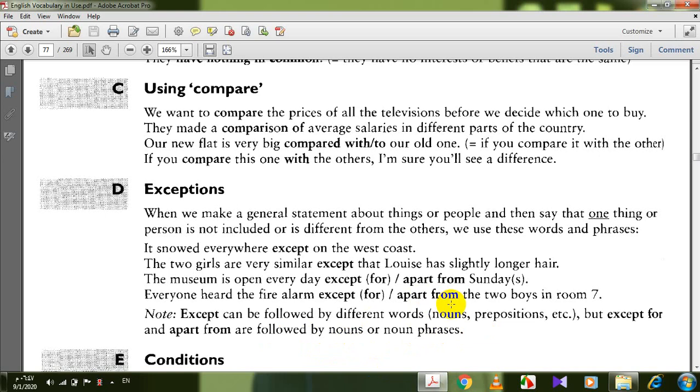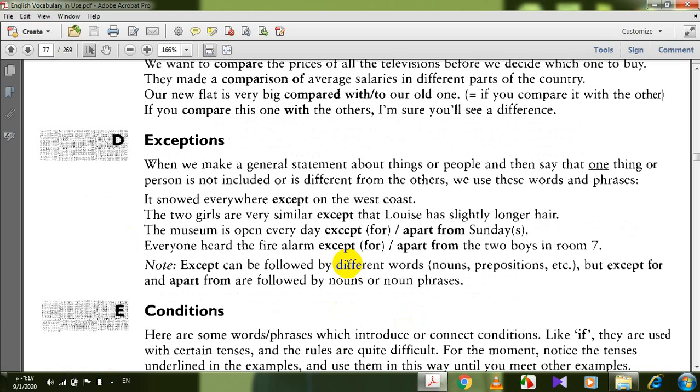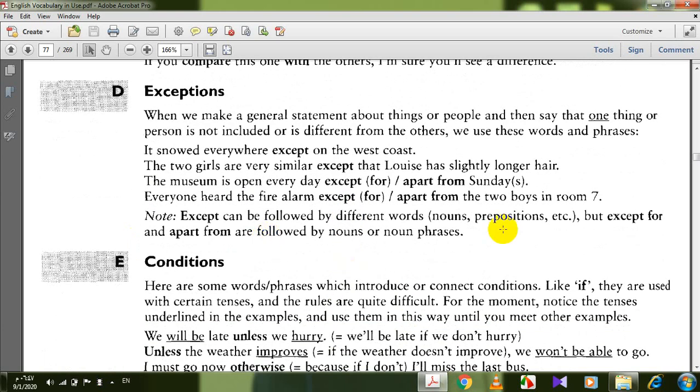A noun is a noun. A noun phrase is more than one word that form a noun phrase. A noun with an adjective, and this is stuff. So this is done. We have different ideas here in exceptions. Good. Again,